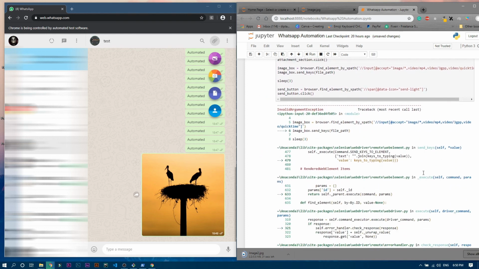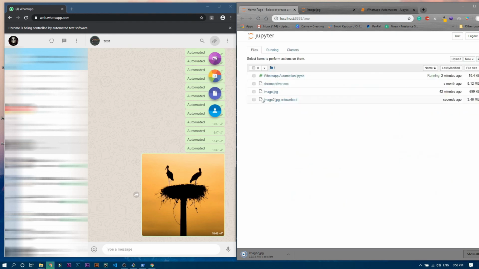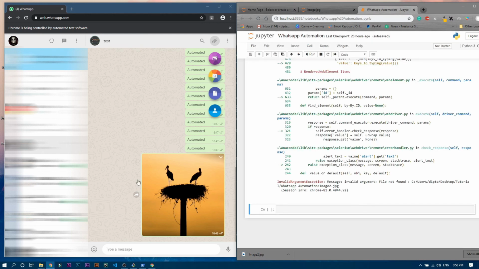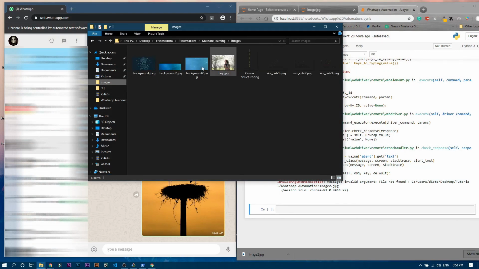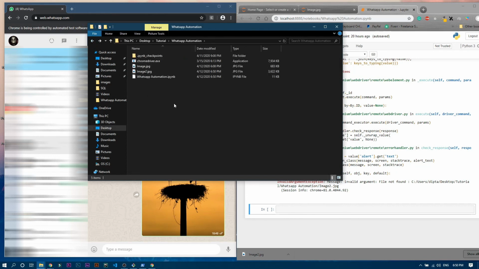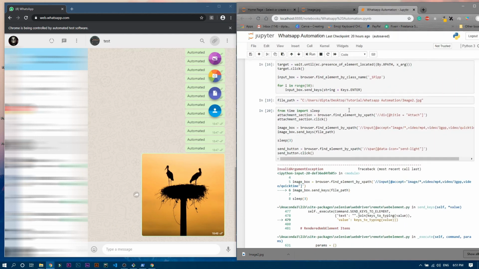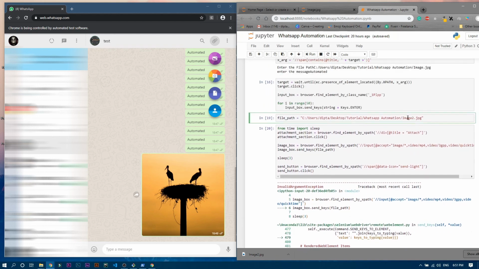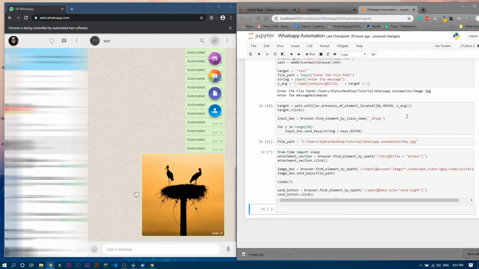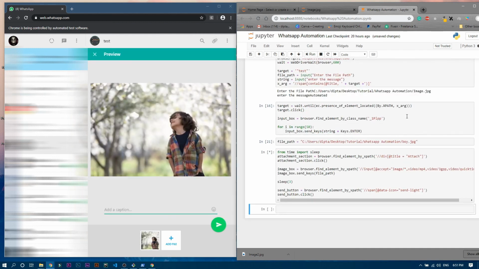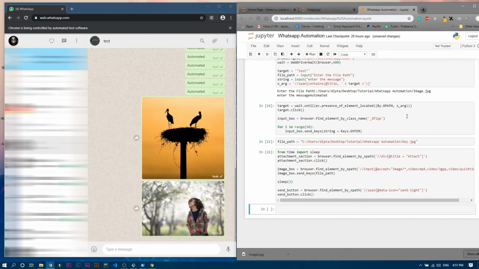Okay, there is an error. Again a wrong path. Let's see over here. Okay, there is a long extension, whatever that is. So instead of choosing that file, let me copy one more photo from my photos. I can copy this photo. Okay, and let's go over there and paste it as boy.jpg. Okay, that's fine. So let's write over here file path is boy.jpg. Fine, and now let's run that final cell. It's working. Yeah, it sent properly.